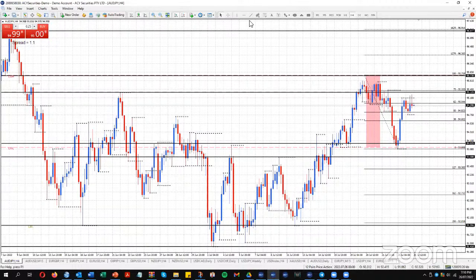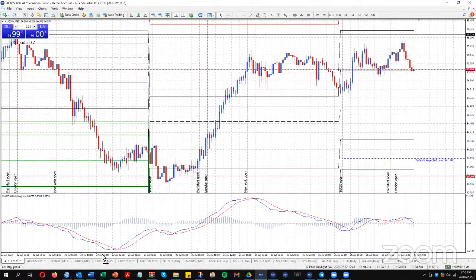So I'm looking for this to potentially finish a move up here to move down. I'm still waiting to see if it can get up to that 95.32 level. All right, just dropped down to my other charts on the 15. It's already showing some form of a breakdown intraday at the moment. Whether or not it can have another stab up here.